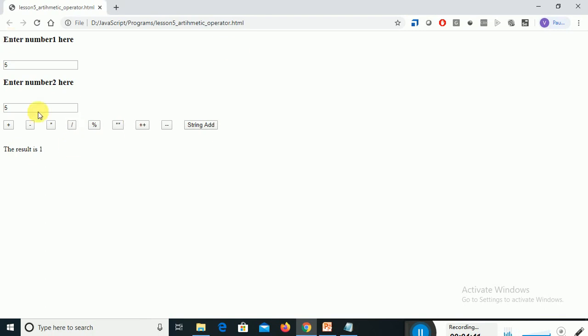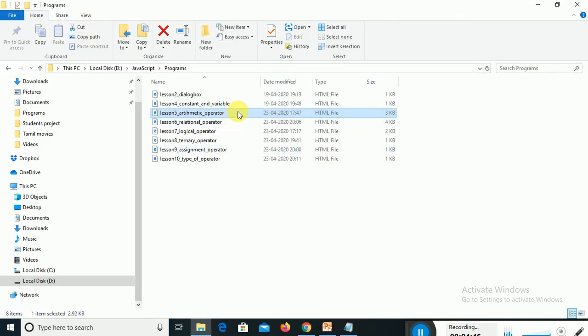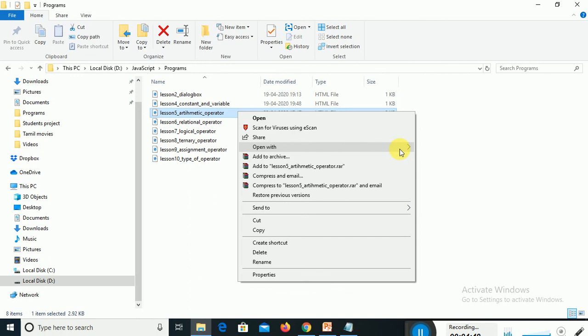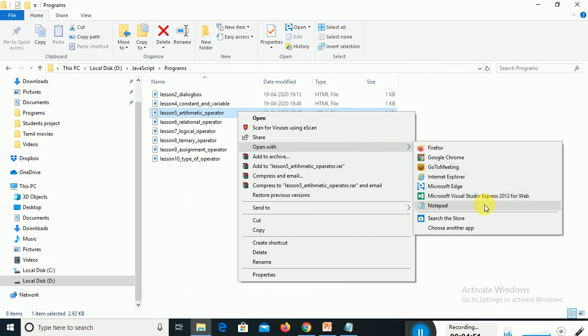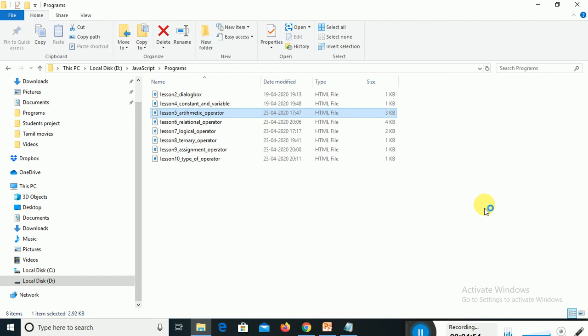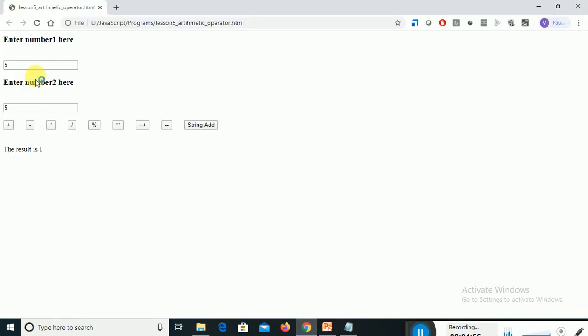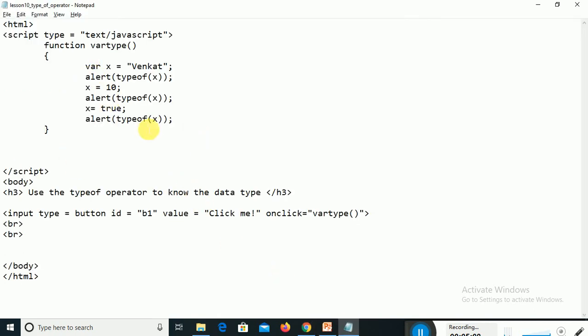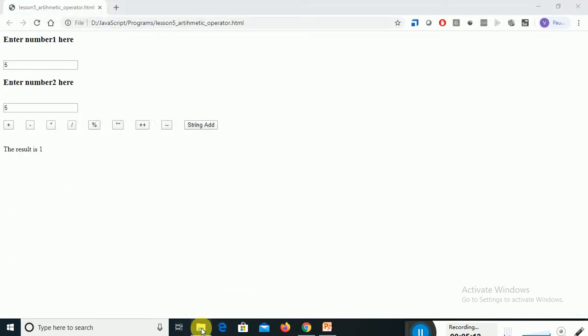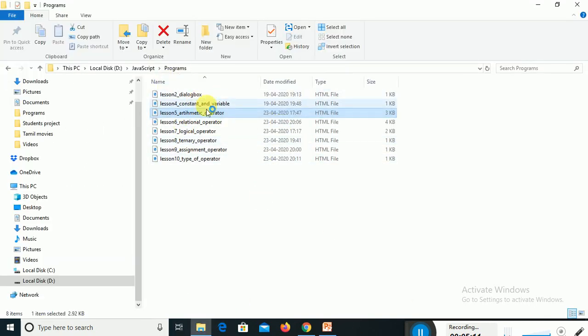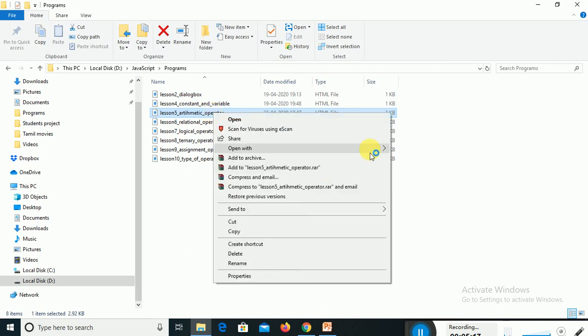Okay, so how do we implement this particular program? We will see the code now. We will open the program. We will explain to you how to develop this particular application. Go to open with, go for Notepad. So if you see in the code, we have two text boxes. We have multiple command buttons here. These command buttons will tell you what is the functionality. For example, plus means it will add the numbers. The result will be displayed here, right? So let us open the code here. I need to open the arithmetic operator. Just a second. It's already been opened here.